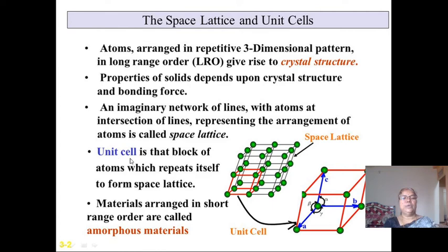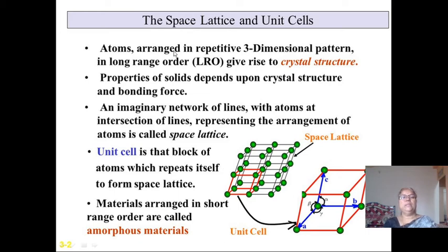Then the unit cell. Unit cell is that block of atoms which repeats itself to form a space lattice, or space lattice is an extension of unit cell in three dimensions. Then the materials arranged in a short range order are called amorphous materials. Okay,